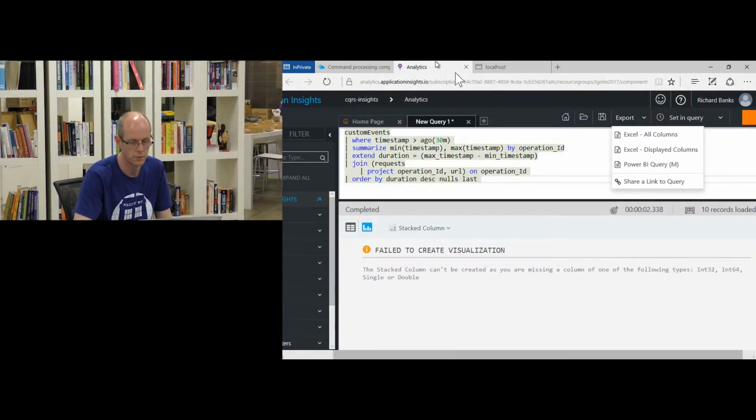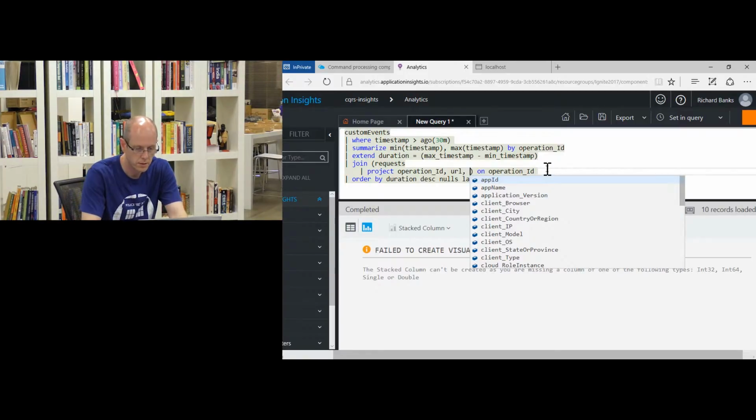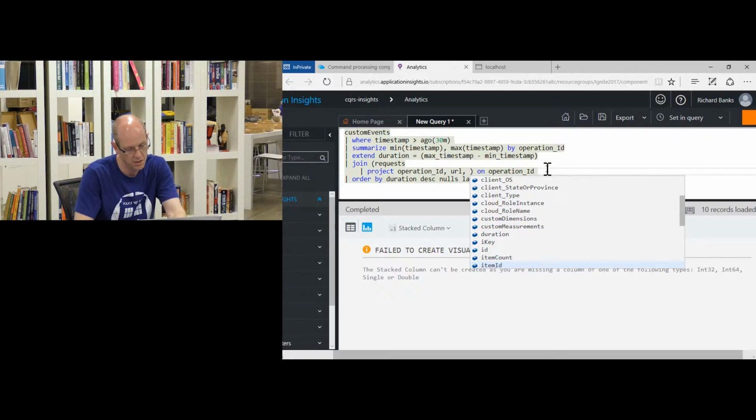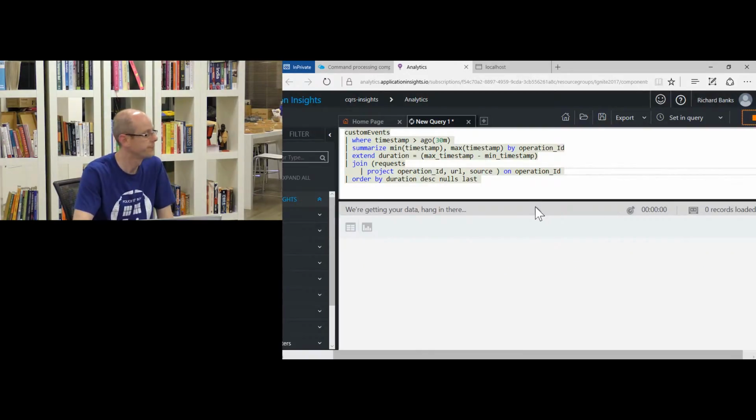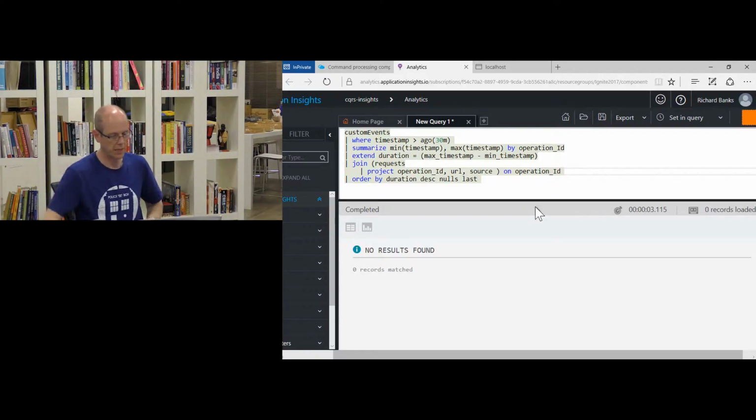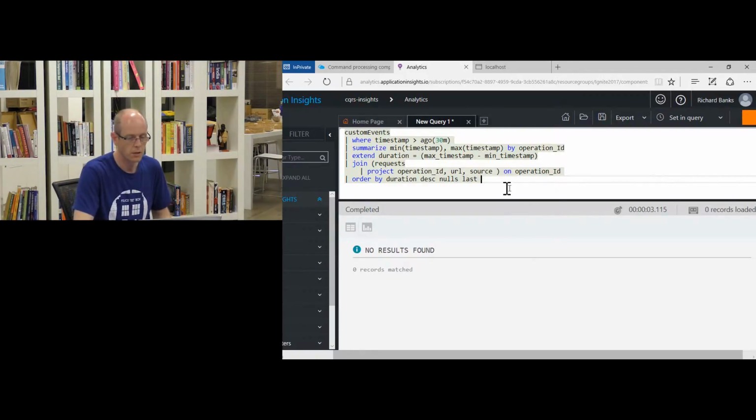Actually, we could probably jump in here and add something in here, client IP, client something, I don't know. One of those. Source. And so you can see I'm just mucking around and playing with things, and no information because,